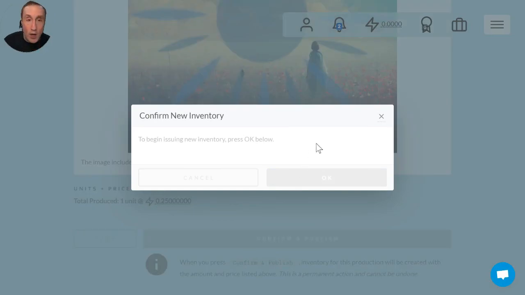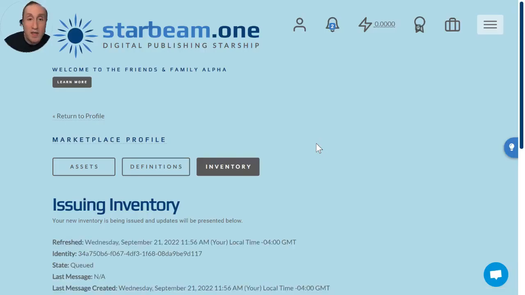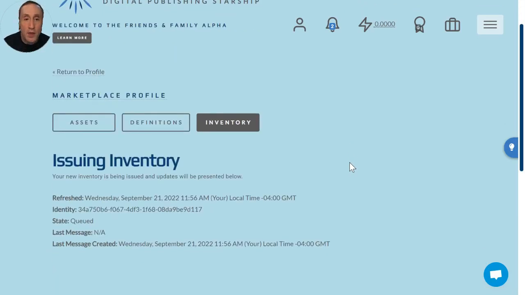And here we go. It's going to kick us off to the issuing inventory screen, and it's going to update us with progress. So what this does now, it's kicked off a process, and it is creating the product. From that printing plate, it has loaded it, and it is taking that, and it's going to generate a